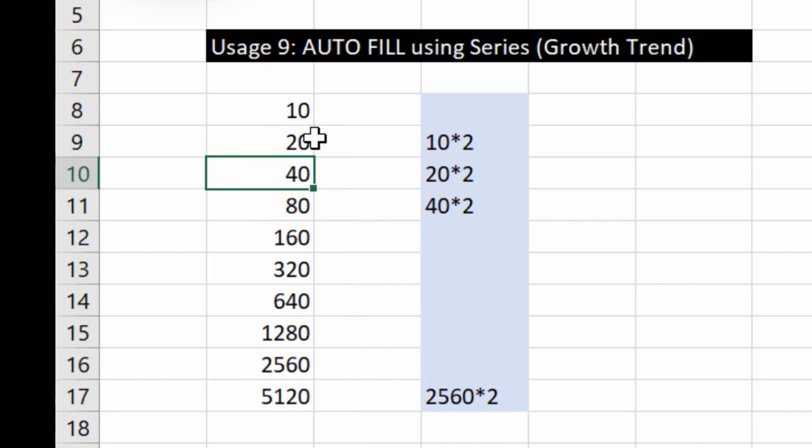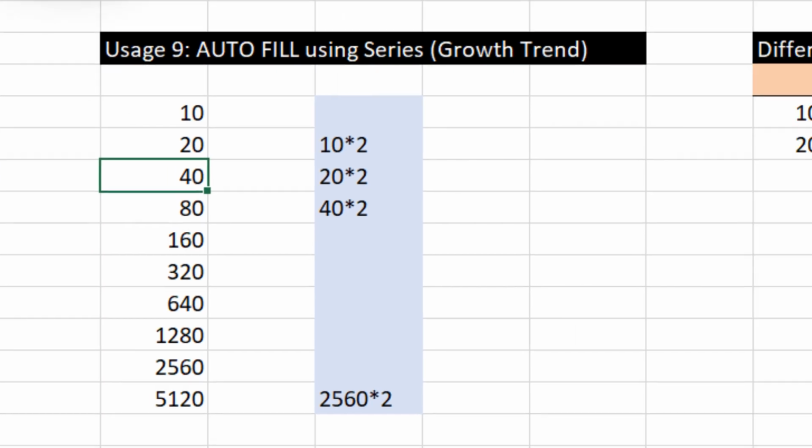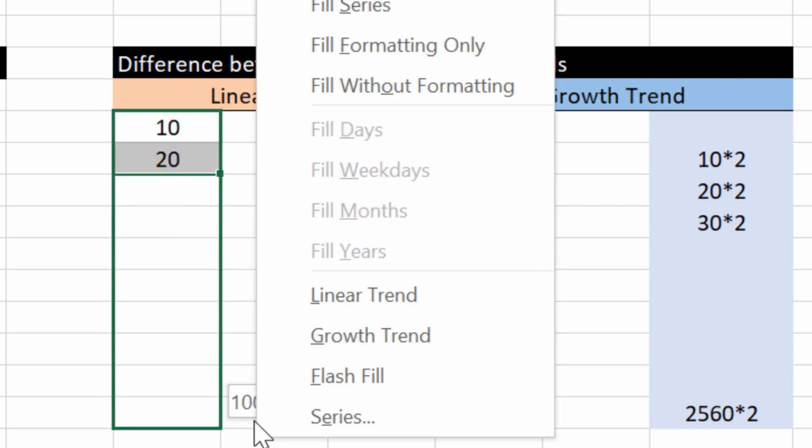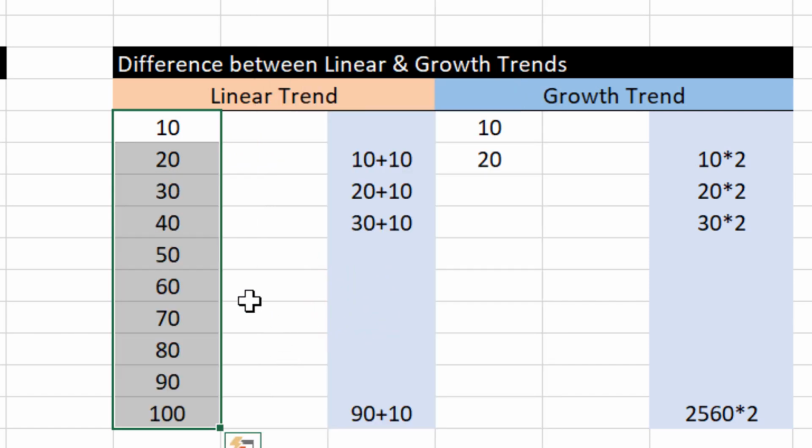That is how the growth trend progresses. Let us understand the difference between the linear trend and the growth trend. Let me redo this. I click on linear trend. If you see here, this is 10, 20, 30. So 20 is 10 plus 10, 30 is 20 plus 10, 40 is 30 plus 10 and so on.